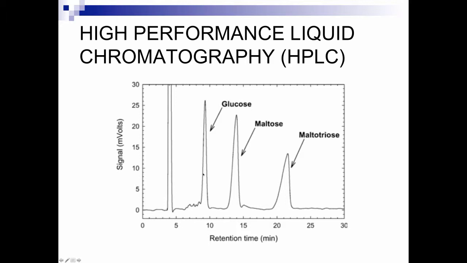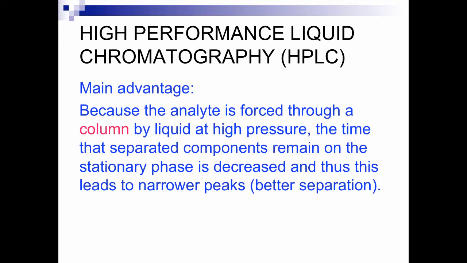The area under each peak indicates the relative quantities of each component that is present in the mixture injected. In this particular diagram, glucose has the shortest retention time, meaning it has the greatest affinity for the mobile phase. The main advantage of HPLC over LC, liquid chromatography, is that the analyte is forced through the column by